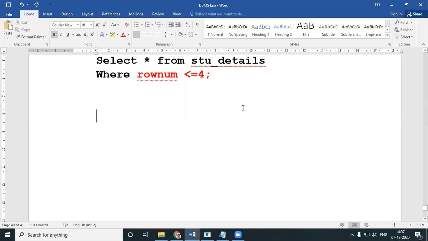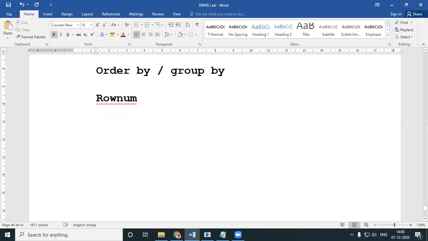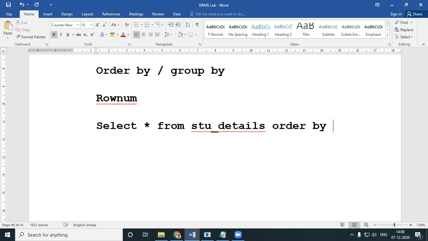One thing you need to keep in mind when you work with row number is when you're working with order by, group by, all these kinds of queries. I'll just write a simple query like select star from stu details order by sid, student ID.